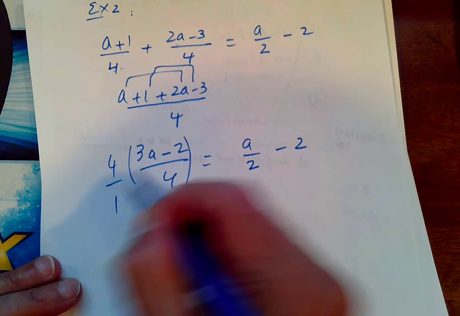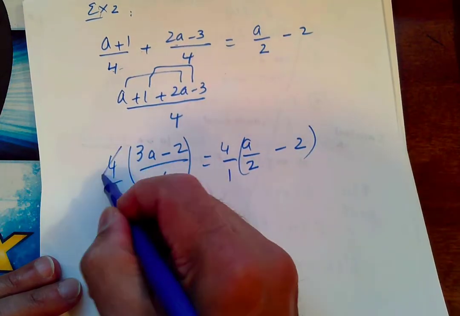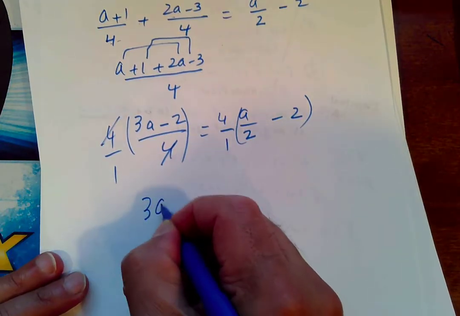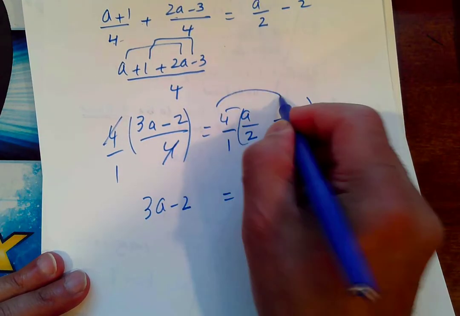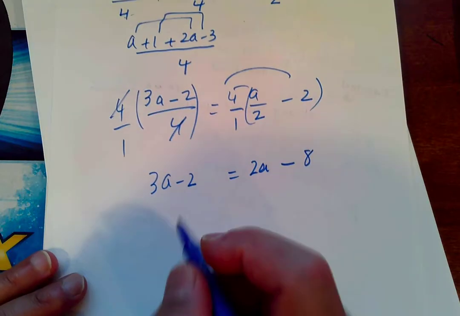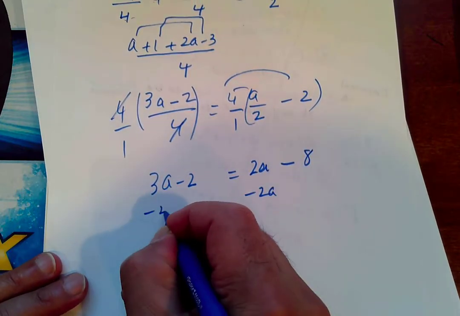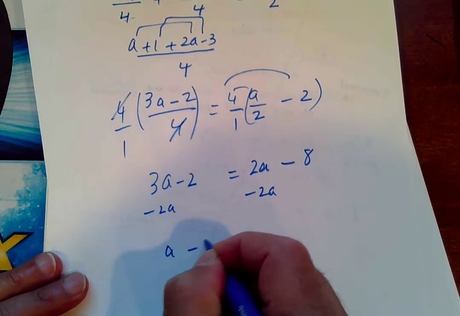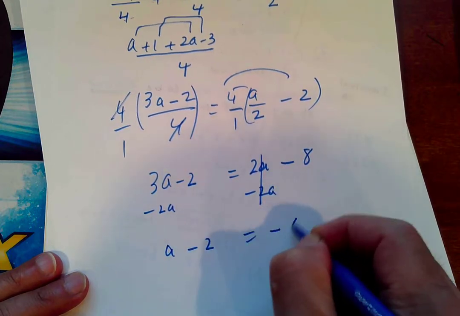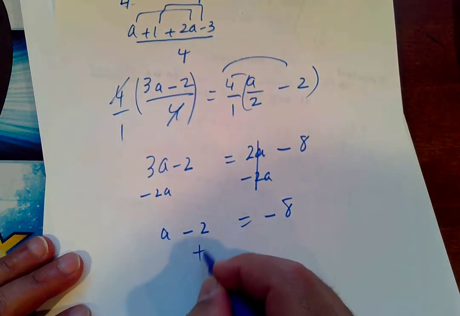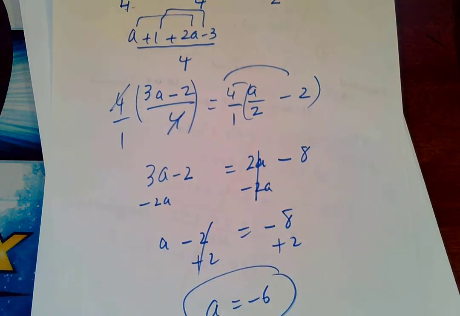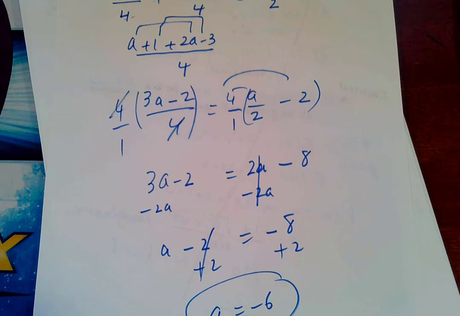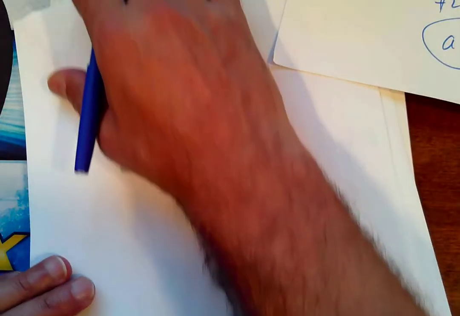Multiply by 4 over 1, that clears out the 4, and I get 3a minus 2. 4a over 2 is 2a, and then 4 times 2 is 8. Subtract the 2a, so we get a minus 2 equals negative 8, add the 2, a equals negative 6. The next example